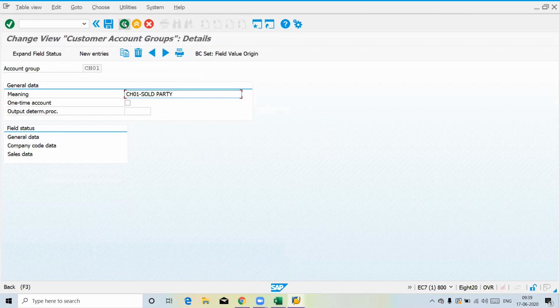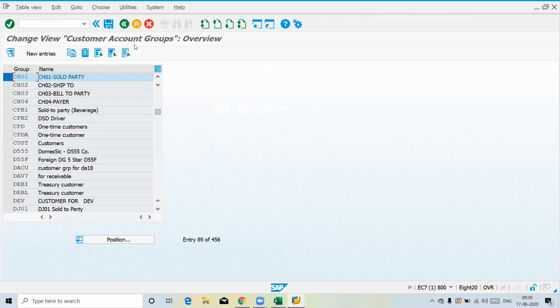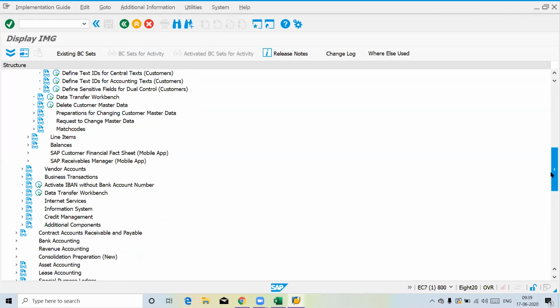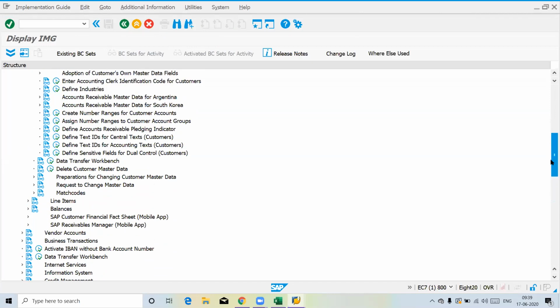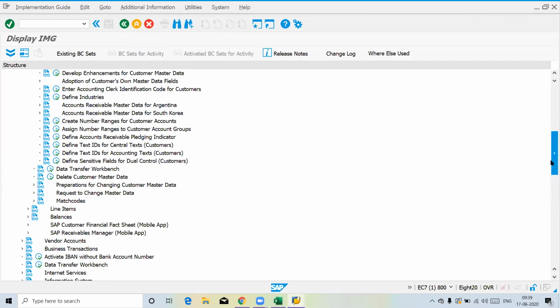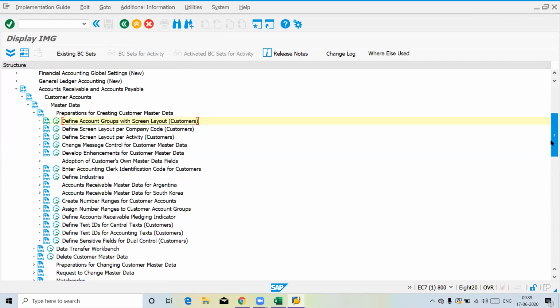But before going to that, as I pointed out in Excel, I have shown you, there are a couple of things also pending. Once we created account groups, the second thing is that we have to go for partner determination. What is partner determination? I will show you the path. Probably we can join in the next session. Immediately in another few minutes, I will show you. You got it?